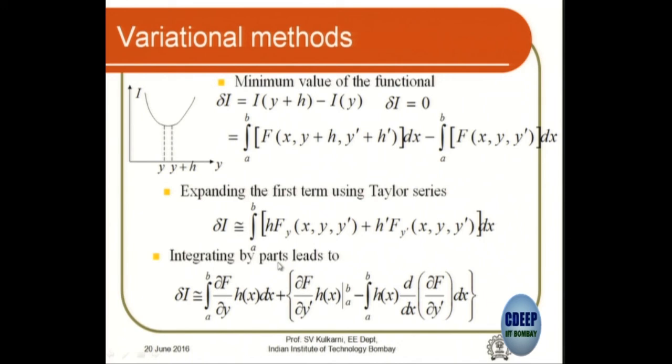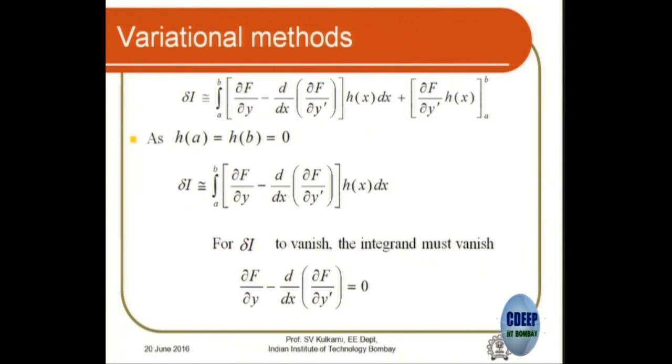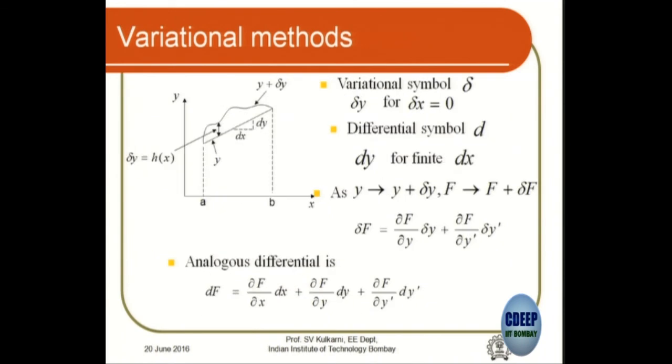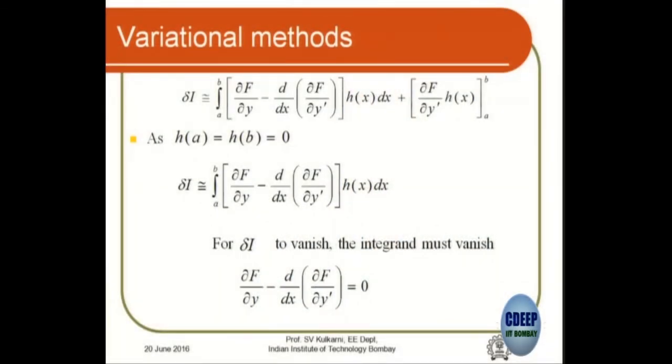And then you integrate by parts. This is purely maths, so you go through that, and if you have doubts, you can check with me later. But now, after simplifying, you impose the boundary conditions that h(a) is equal to h(b) is equal to 0, because at the two end points h is 0, is it not? Do you all agree? Because that is fixed, there is no vertical variation, because h stands for the vertical variation. So h(x) is 0 at the two end points. That is why you are imposing that boundary condition.